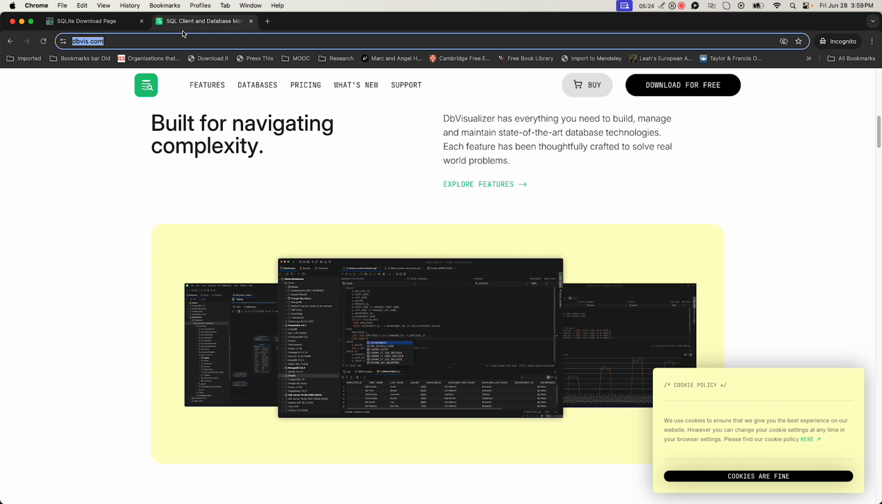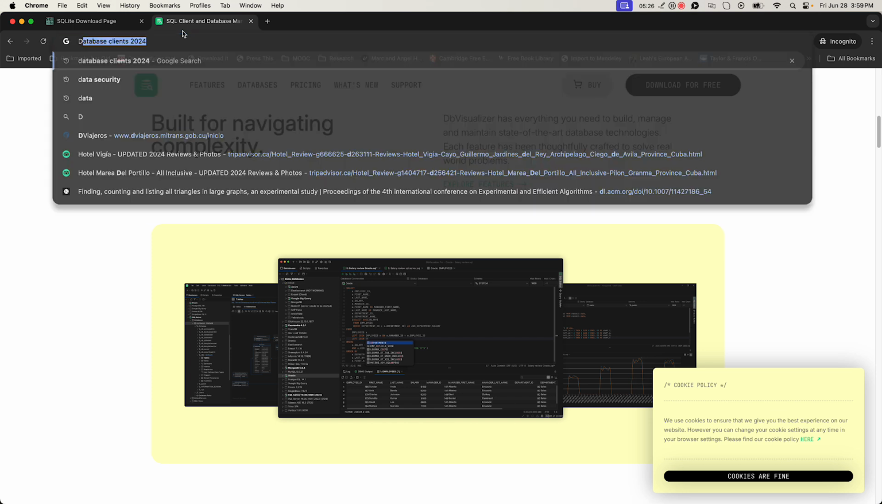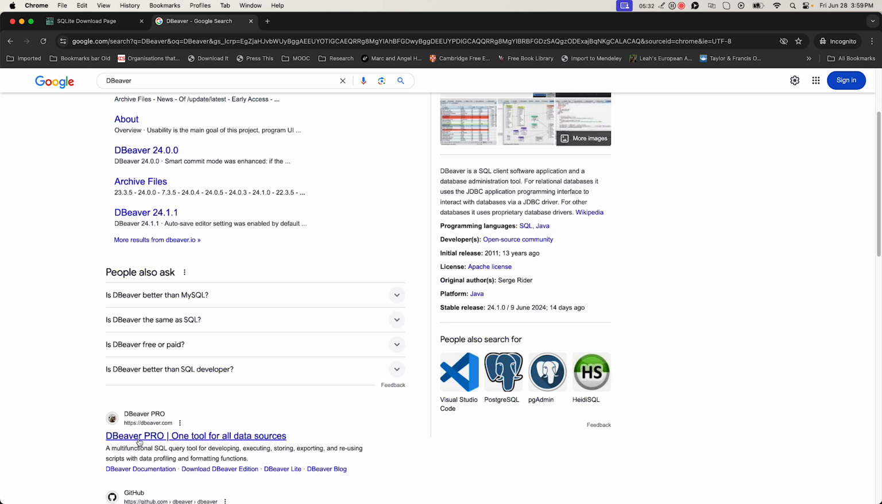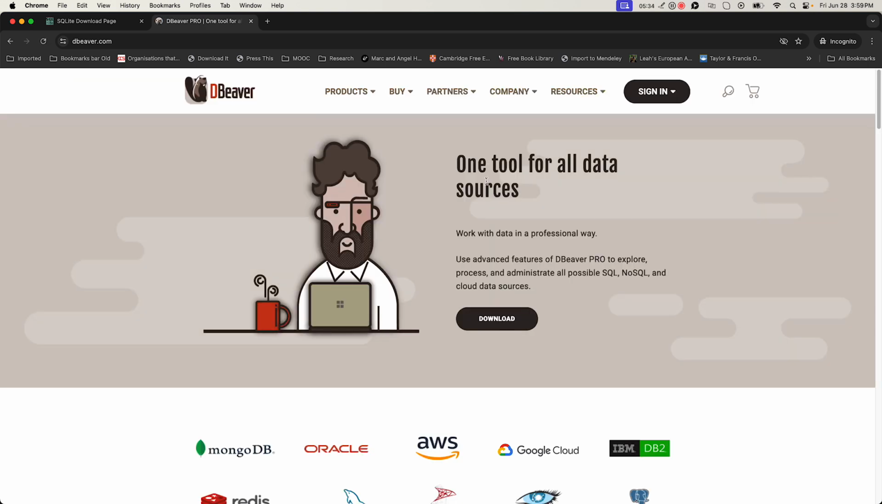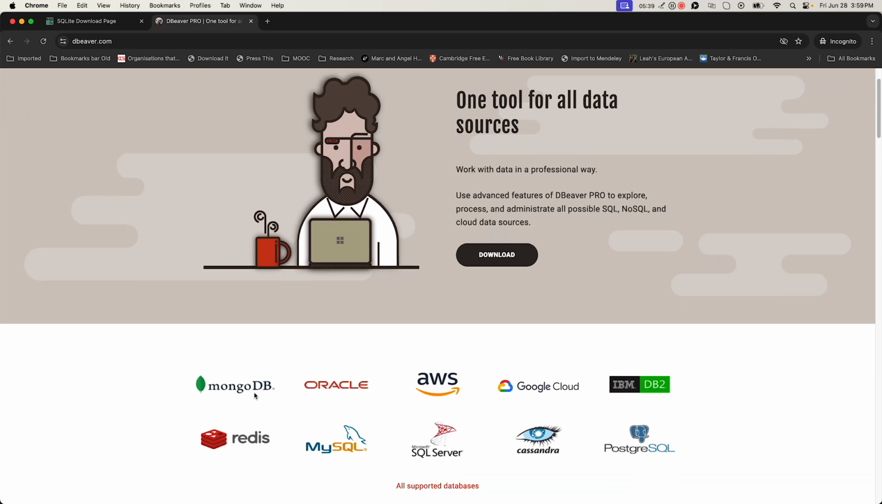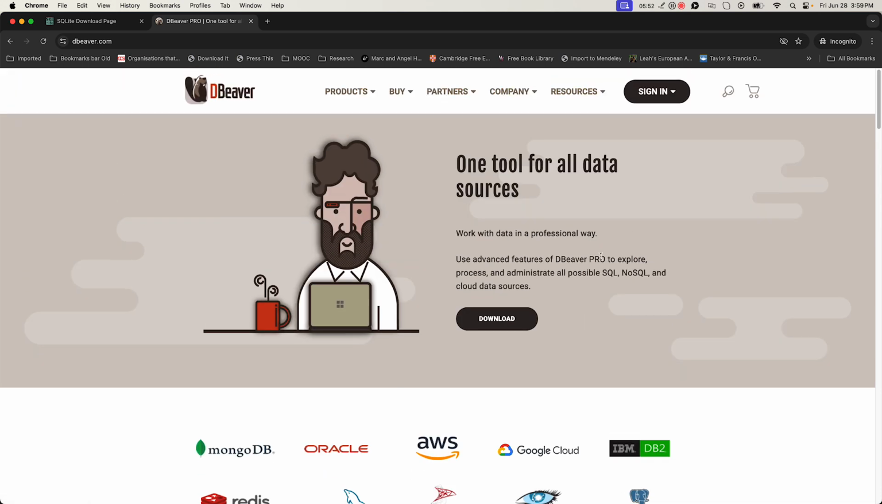Then we have DBeaver, which is one tool for all data sources. You can see how many database sources it can connect to, like MongoDB, Oracle. MongoDB is a document based database, not a relational model. So Oracle is there. You have SQL Server, MySQL, Postgres, DB2, so you can connect with them. And even NoSQL databases they also cover, right? So this is another one. It has both a free open source and